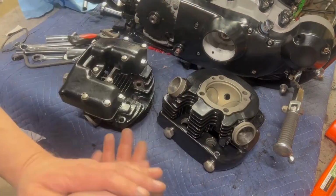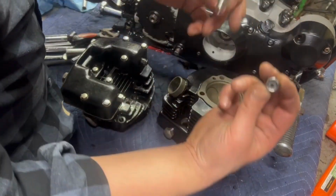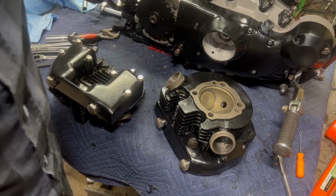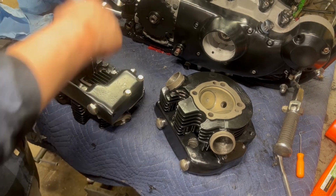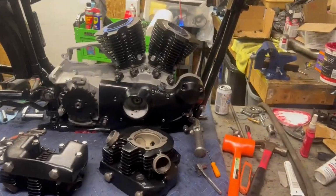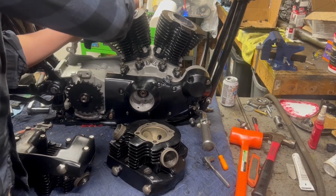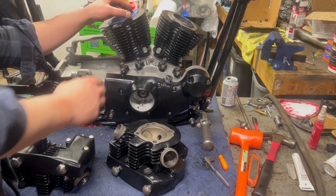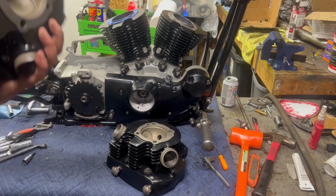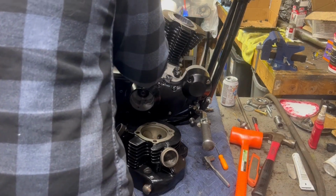And then we'll drop the oil line in. So rubber O-ring in there, we don't need that part yet. This is the rear cylinder, so we're going to do that instead, at least get that button down. Then maybe noodle around with the oil tank. So if we look at the entire motor, base gasket here, I'm not gluing or putting anything on this. This is going to be strictly motor head on. There's nothing on here, everything's cleaned and prepped. So this is going to drop onto the cylinder,